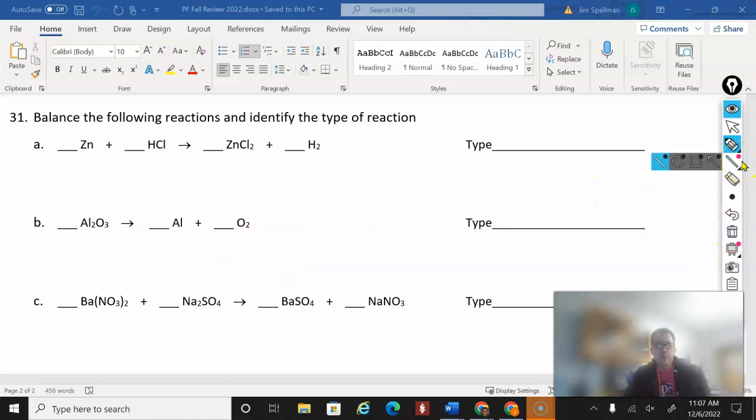And then on C, C's a little bit more complicated. It looks like there's a lot of elements in here, but one other little shortcut is realizing that we've got some things off the back of the periodic table like NO3. So I don't necessarily need to count all of these separately because this NO3 sticks together as NO3. Same thing with this SO4. The SO4 stays SO4. So what I'm going to do is actually just count